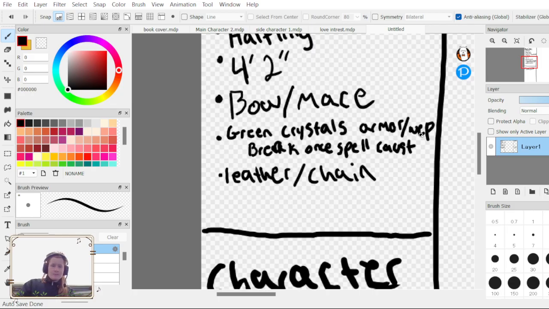It could also add some drama, like as she is casting healing spells or buffing spells, the crystals break, and you know you're in a really intense boss fight or something, and as her last crystal breaks, she revives the guy and saves the day or something.